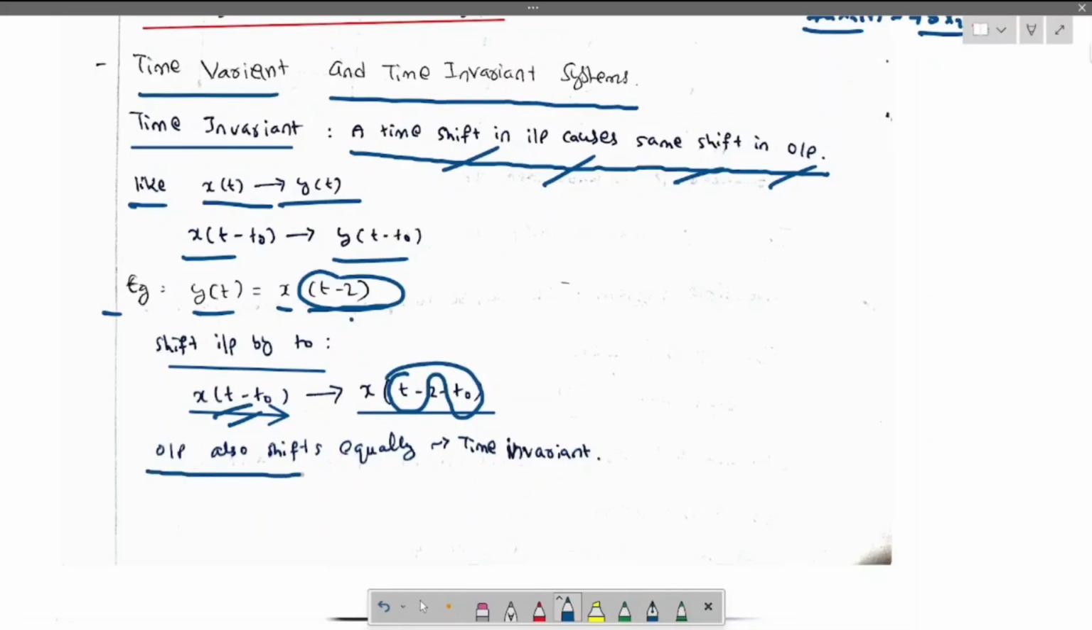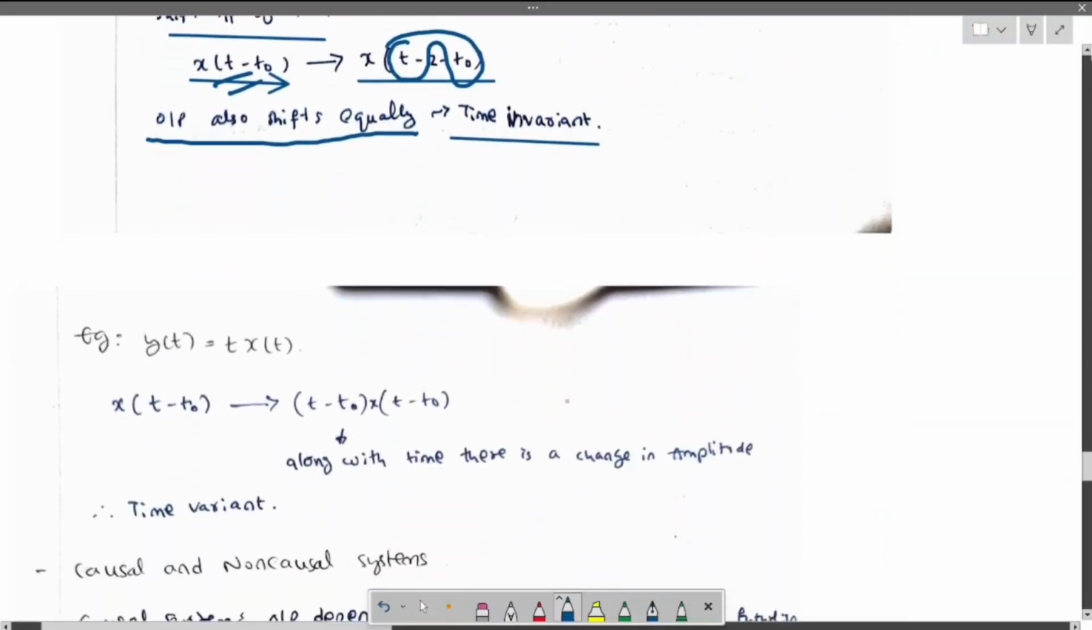So the output also shifts equally, which is known as time invariant. When you see another example, you will get a clear idea of the difference between time variant and time invariant. Okay,